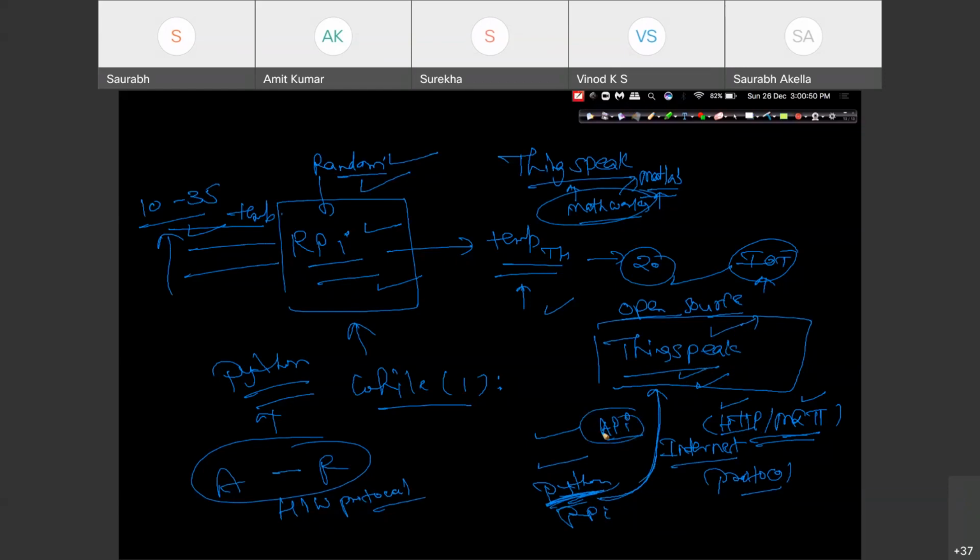So ThingSpeak provides us some APIs, meaning direct links. Using those links, for the time being, I can just tell you this is a link for sharing the information. Overall, we would have some link due to which we'll be able to share or send the information from Raspberry Pi to ThingSpeak. Suppose I have shared the information for temperature, which was coming from this random library which we were considering as temperature. Now I'm sending this information to ThingSpeak,